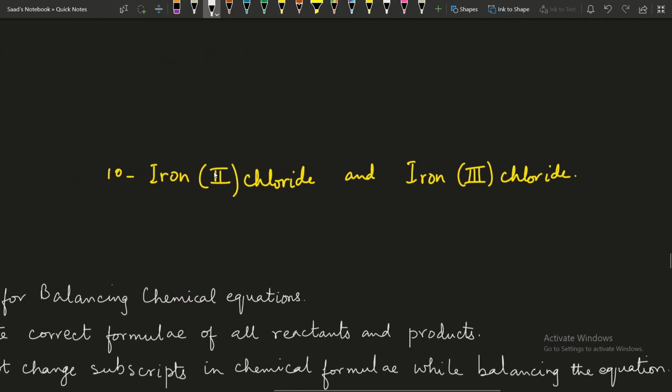Then for transition elements, as they have variable valencies, they have more than one oxidation state, so their oxidation state must be mentioned in their names. Like it's written iron 2 chloride. Iron 2 means it has a charge of positive 2 and chlorine has a charge of negative 1. Write 2 over here, 1, swap them, and the formula for iron 2 chloride would be